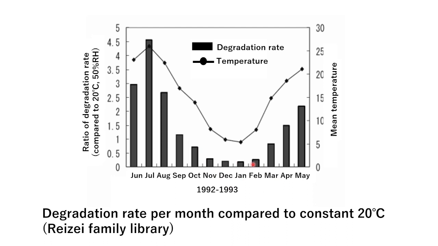Therefore, we can think of a conclusion that cooling in summer is meaningful in the sense of suppressing the rate of degradation, but heating in winter will have a negative effect on promoting paper degradation. Considering the rate of degradation, the lower the temperature, the better for preservation. In general, 25 to 27 degrees, 50 to 60% in summer, 20 to 24 degrees and 40 to 50% in winter are preferred in terms of hygiene standards for the indoor environment.